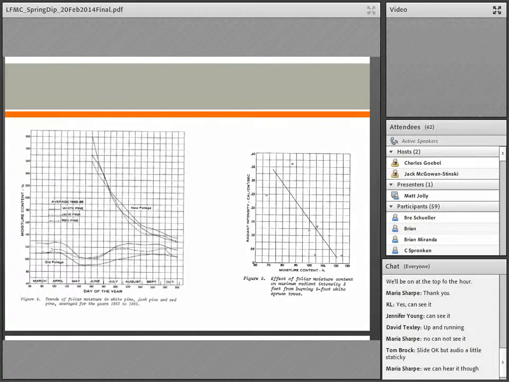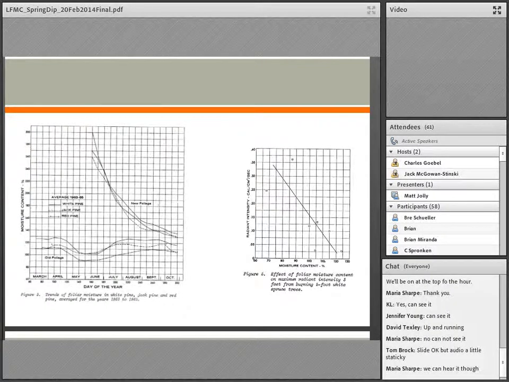But basically one of the things that they report in terms of its impact on fire behavior is that as the foliar moisture content changes, the radiant intensity of a burning tree changes as well. So as the moisture content increases, the radiation released from burning foliage decreases. So that means there is a foliar moisture effect on fire behavior, but as you'll see later, it may be a little bit more complicated than that.